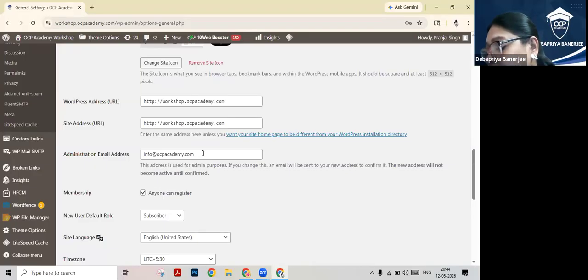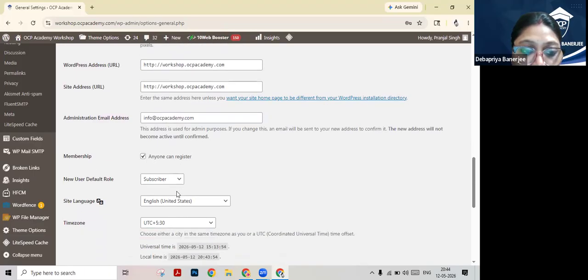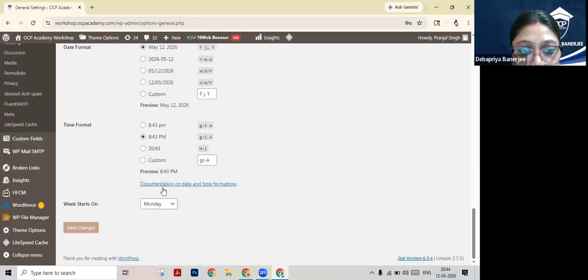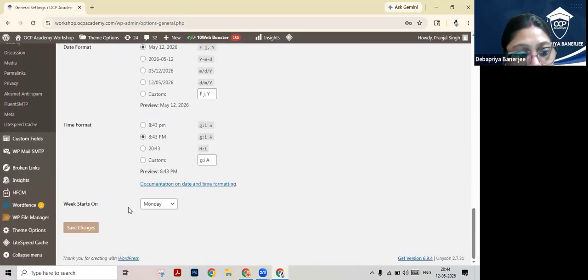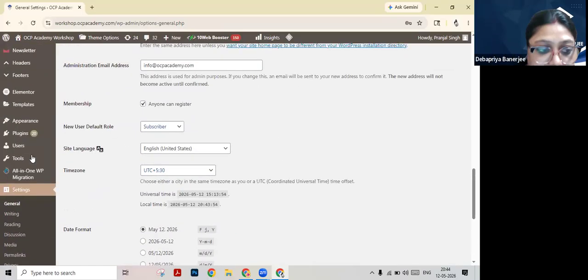You can also have the subscribers, and you can select the date format and the time format, and your week will start from Monday. All these things can be modified from here. Okay, that is the general setting.